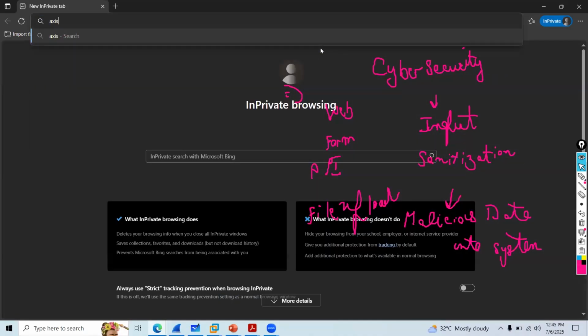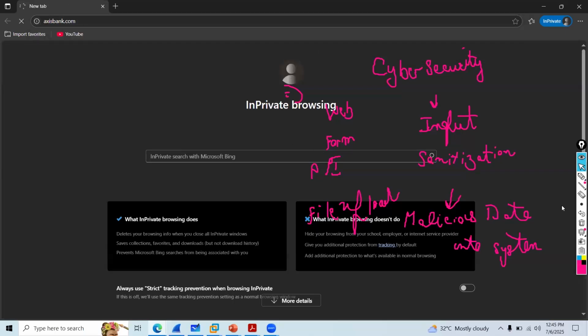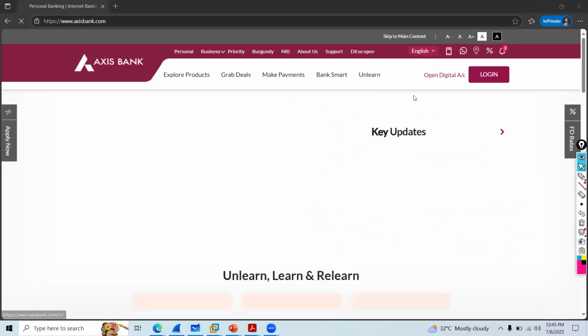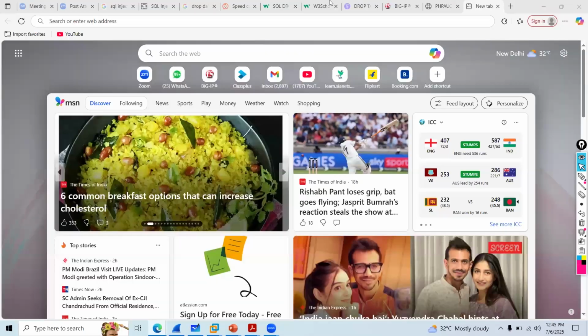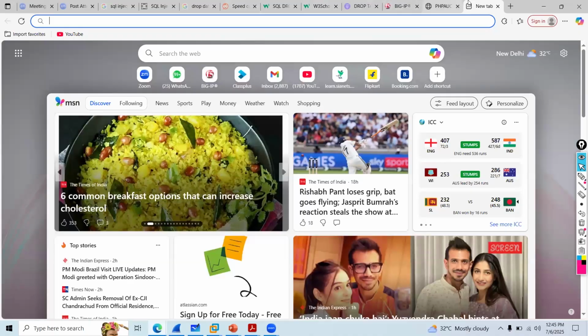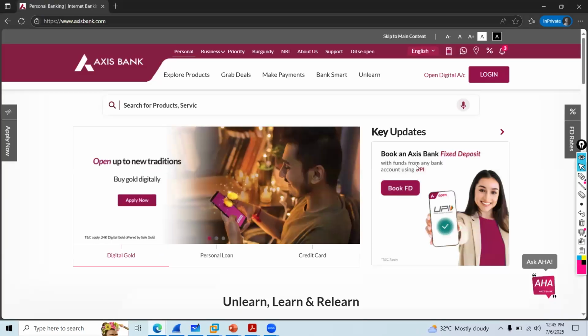axisbank.com. I'll enter the same thing. I'll log in. Now I'll enter the same thing which I entered in this vulnerability application which I was showing you. This pattern I'll enter in that HDFC web page where it is login,